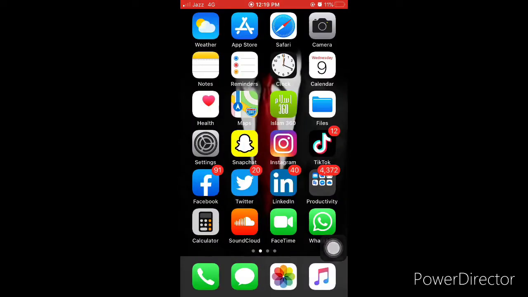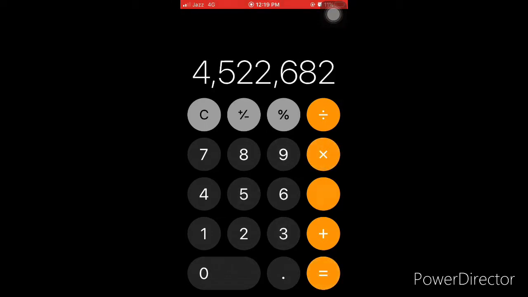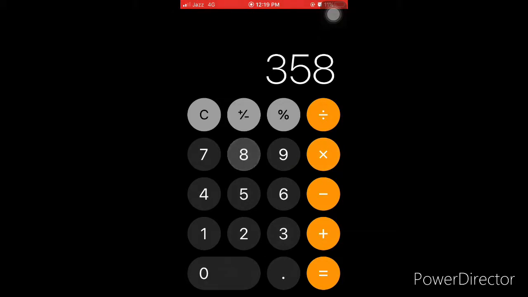The next feature is the calculator. Let's suppose we are going to do a calculation. Let's suppose multiply a number with another number and then minus something from it. Now we have this number. Let's suppose we have to multiply it with a number and mistakenly we have written a wrong number. Now if we have to correct it, there are two options.